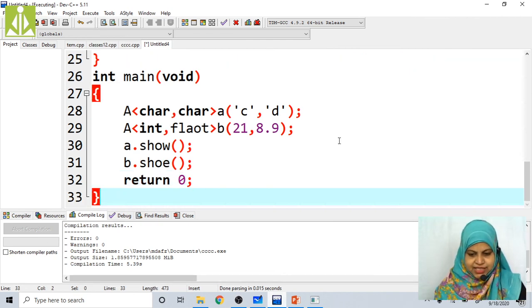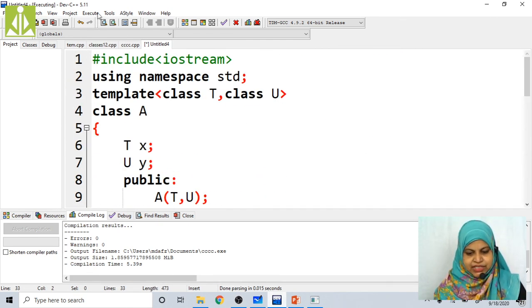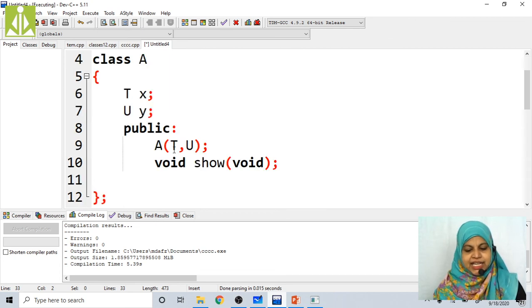Up to here, in this case, first I declare two classes T comma U. Then I pass one x variable of class T and one y variable of class U. These two variables are passed for class A. Then I create one parameterized constructor, in which I pass the two class members, one of T and one of U. Then I declare one show method, void show void.